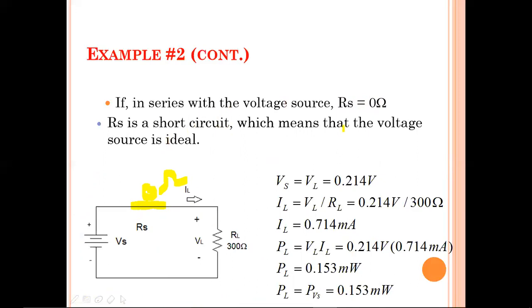For making it ideal, I'm taking different cases. This is case one. What is case one? Case one is when my resistance is 0. Slowly I'm going to increase the value of this resistance. How are my source voltage, load voltage, source current, and load current going to be affected, based on finding the powers?